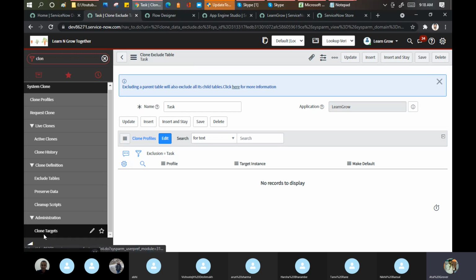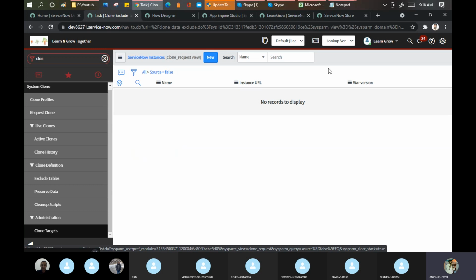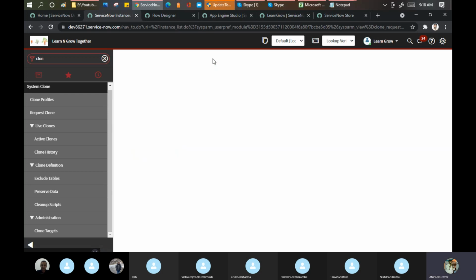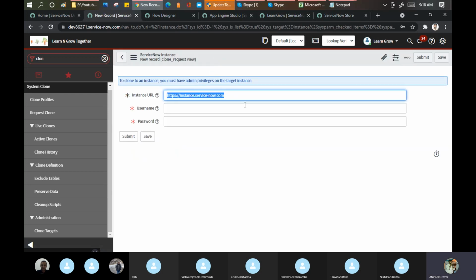See, this is the clone target here. We have to define the clone targets, like we did for our upgrade set, the same way.